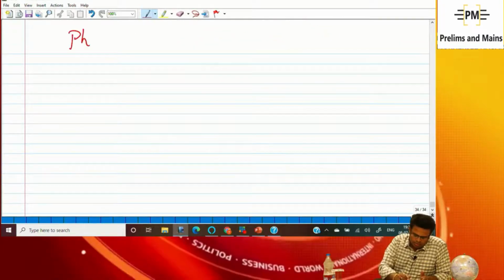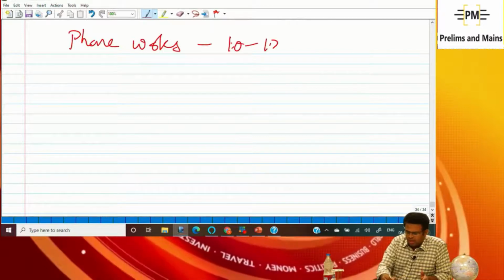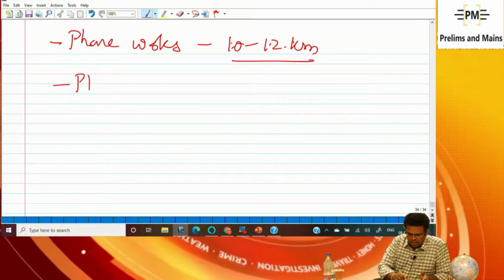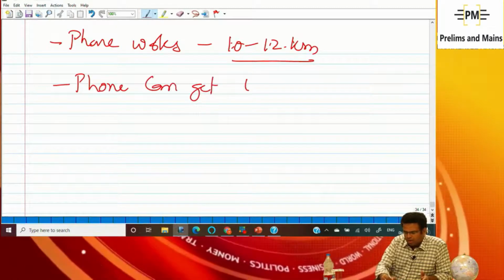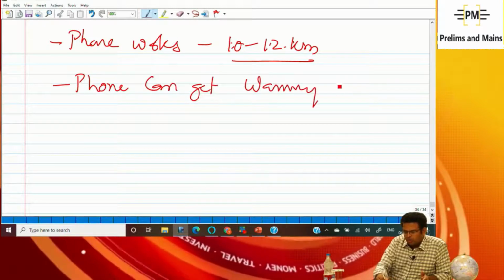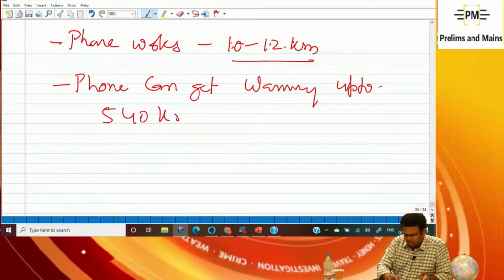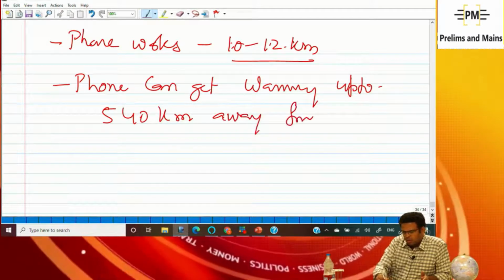Phone works up to 10 to 12 kilometers. But this phone can get warning up to 540 kilometers away from the coast,